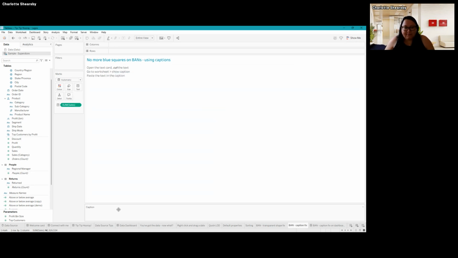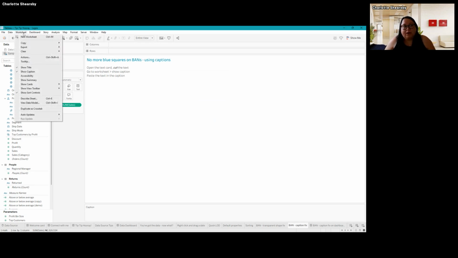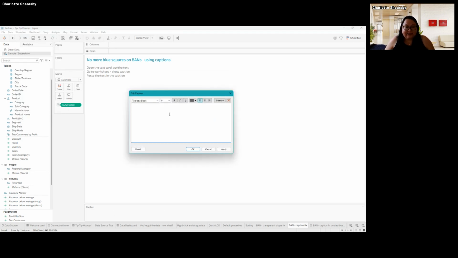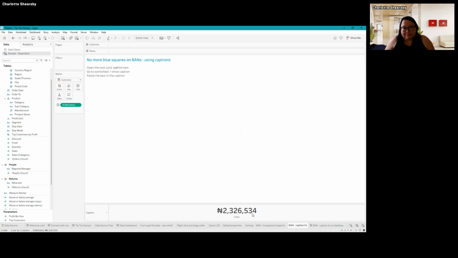It's gone from there. But if I go to caption below, and if you don't know how to turn caption on, come up to worksheet at the top and go down to show caption. That will turn the caption on at the bottom. I'm going to double click in the caption to change it. I'm going to Control V what I've just cut from text, pop that in there, and now I've got that in my caption.